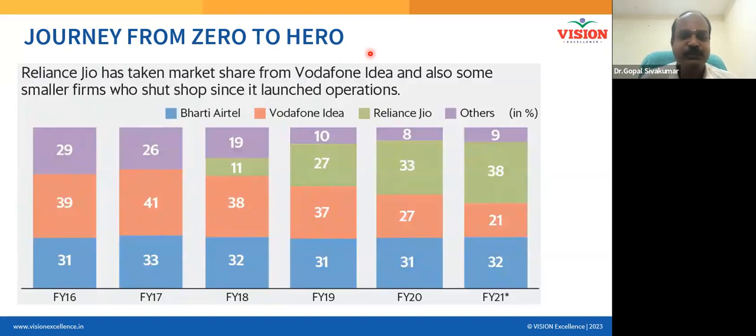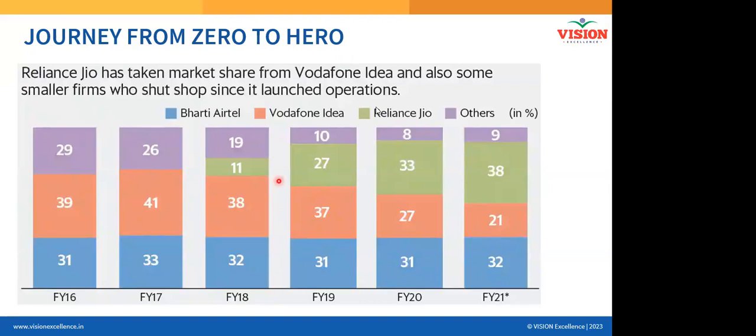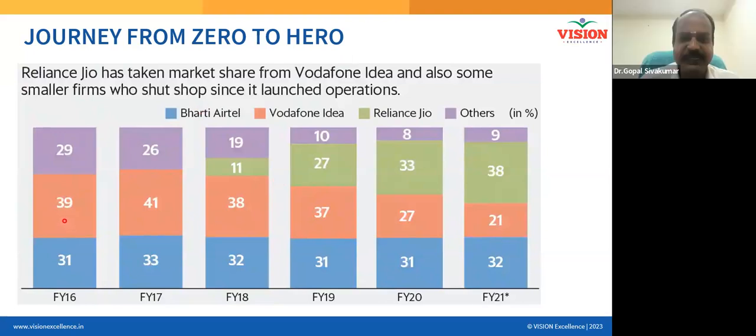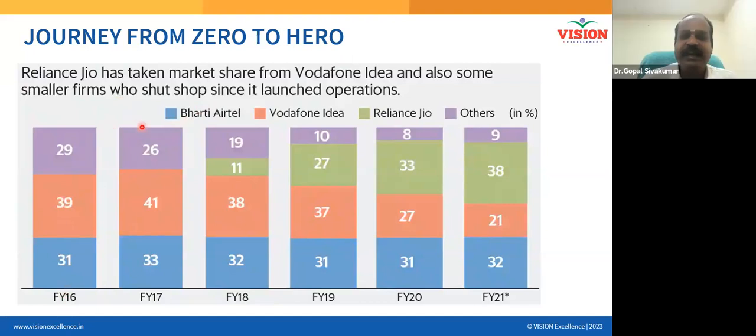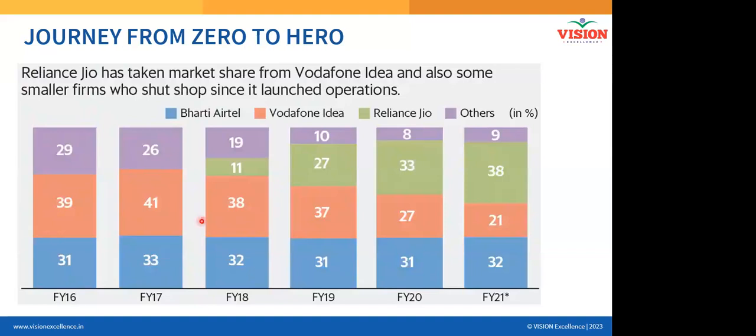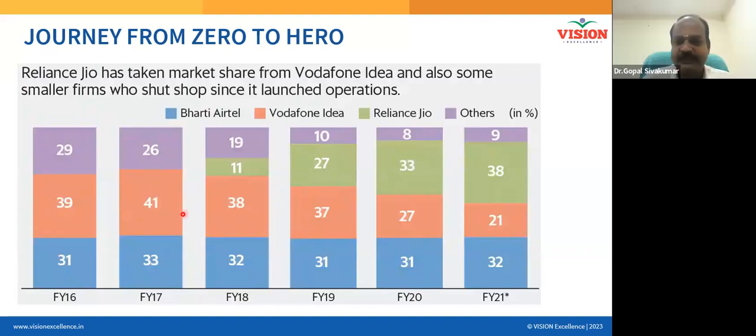You see, in the year 2016, who is the market leader in the mobile companies? Airtel. Bharti Airtel. And the second dominating company is Vodafone. Aircel and Vodafone. Yeah, 2016. And the other players were holding a market share of 29%. And 2017, almost the same scenario. But the market leader is, yes, Vodafone and Idea, isn't it?